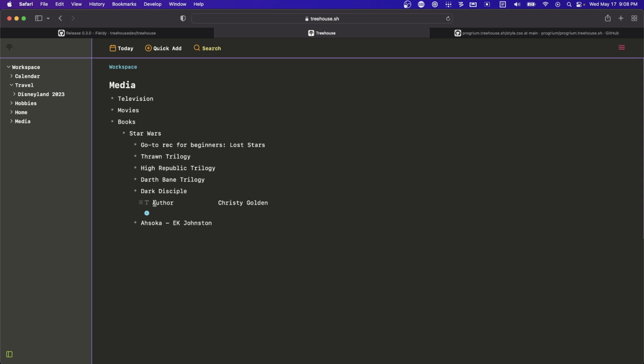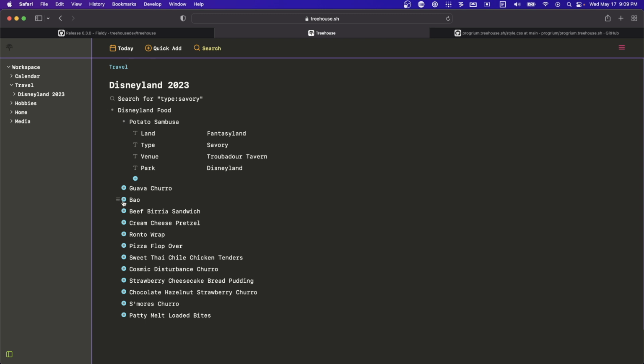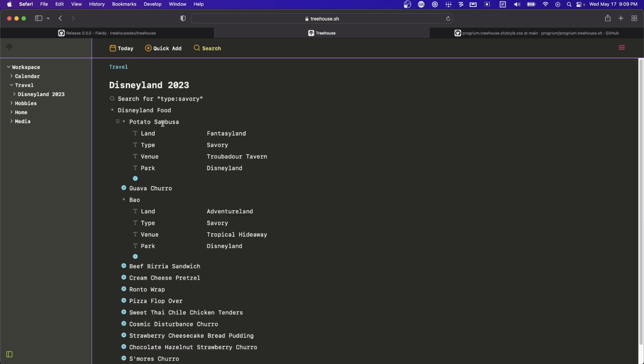Now Disciple has an author field, and we could do this. We could add more fields. We could put fields on other books or pretty much any node, and that gives us structured data. So as a more fleshed out example, here we have a bunch of food from Disneyland, and this is basically like a little database, and we've got these same fields on all of these nodes,